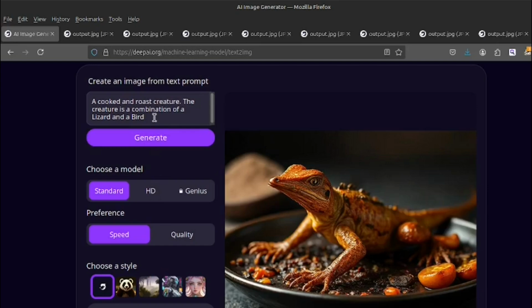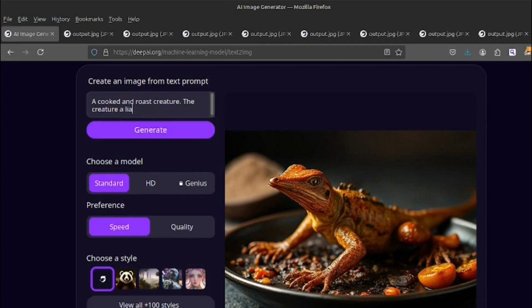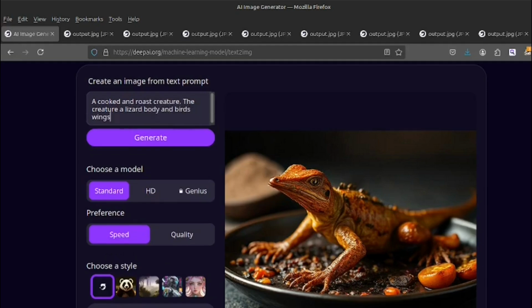Still not much bird in there, so there's no feather, no wings. You need wings. The creature is a combination of a lizard body and bird's wings.